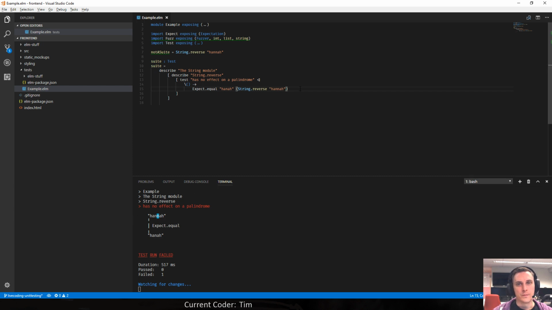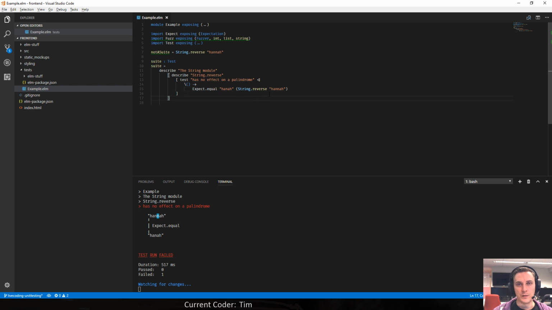Okay. So maybe they switched it up then, because I don't remember using it like this. I always thought it should first contain the stuff that you want to run, and then the expectation.